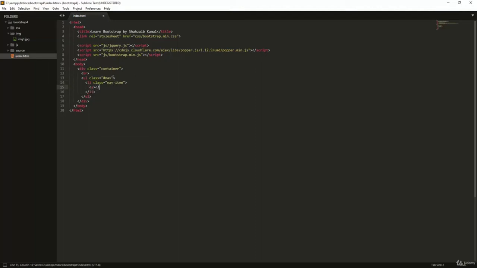gonna make a link, the link like that, and here the hyper reference, and then the simple hash, and here the button one. Okay, or you can say the link one, whatever you want to say. Okay, space, and right after this I'm making the second one, the class nav item again, the a hyper reference,